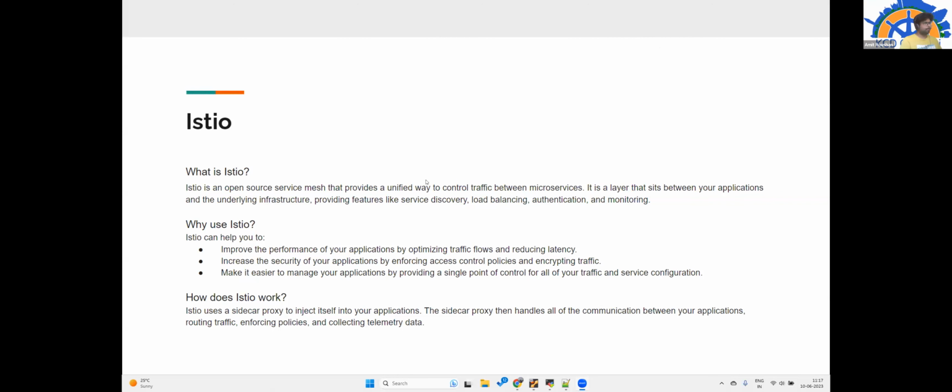Now I'm going to take you through Istio, but before that, let me give a summary of what Asif has explained. He started with the monolithic application and its problems, then microservices came into being, and with microservices some complexities came along.